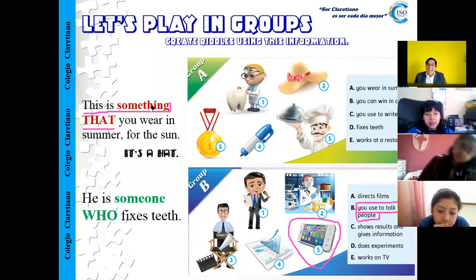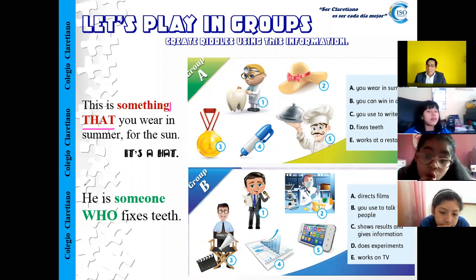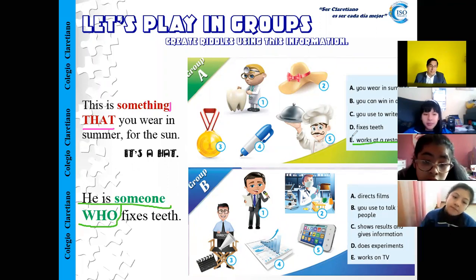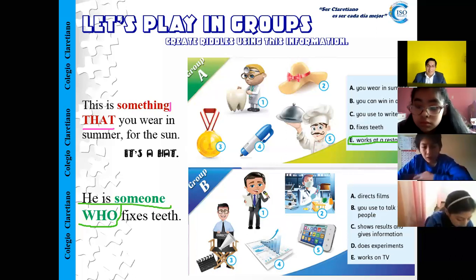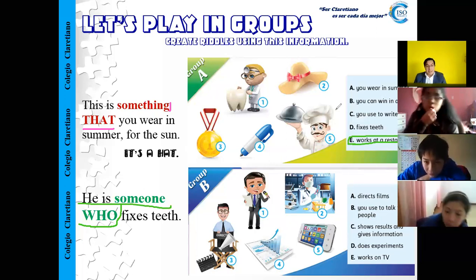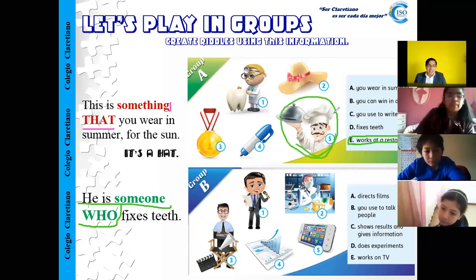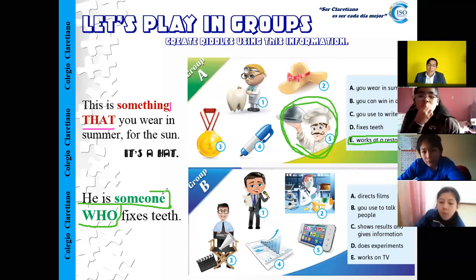If you listen someone, for example, another example, okay? This person is someone who works in a restaurant. This is the information. Who is it? Emmanuel, tell me, who is it? The cook. The cook, yes, very good. This person is someone. When you listen someone, it's people. It's talking about people who work in a restaurant.